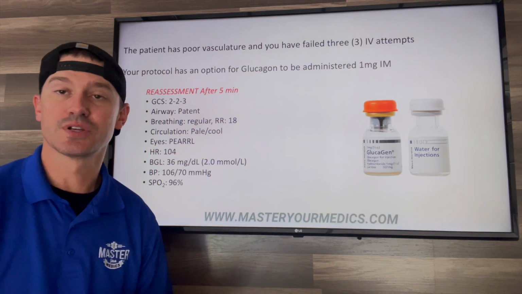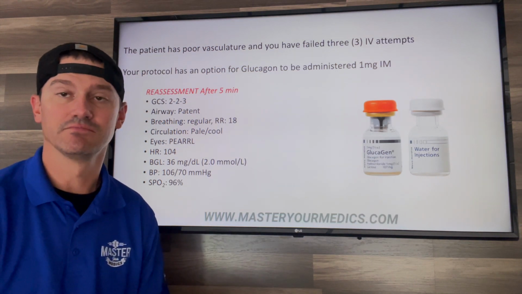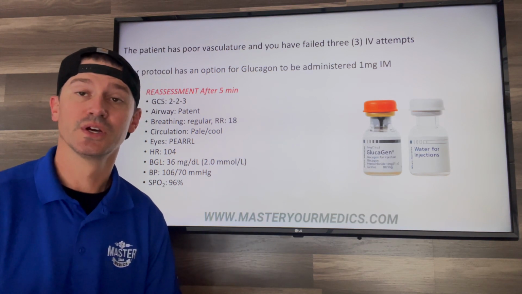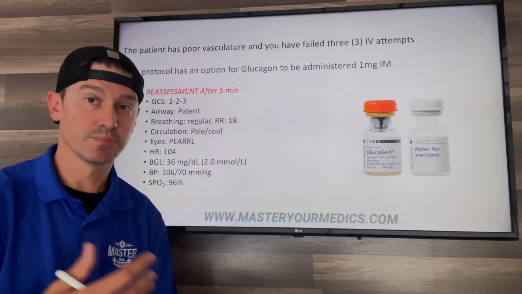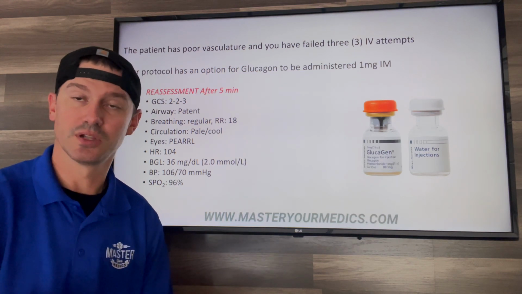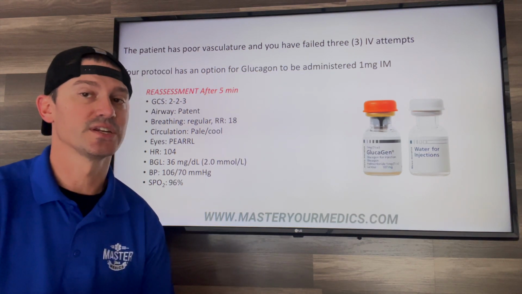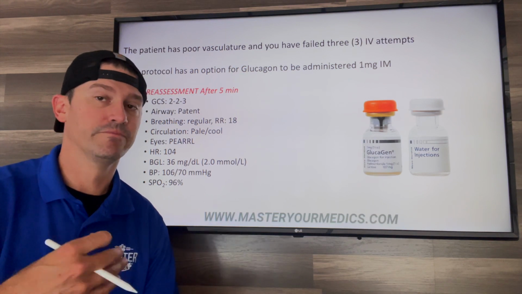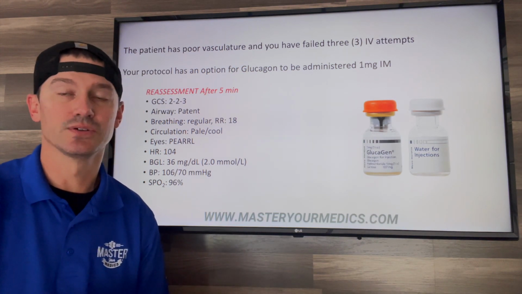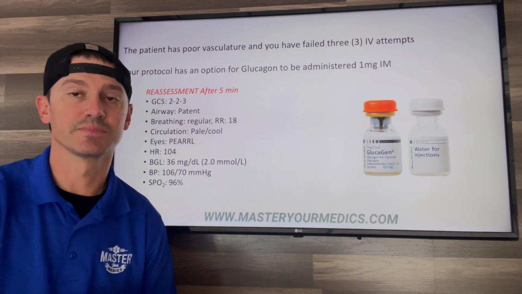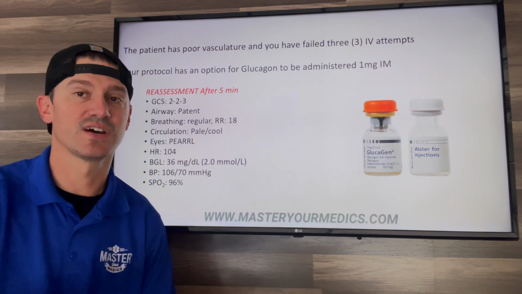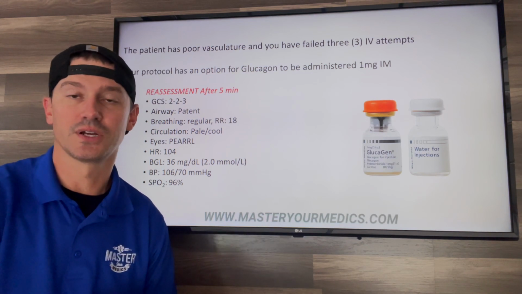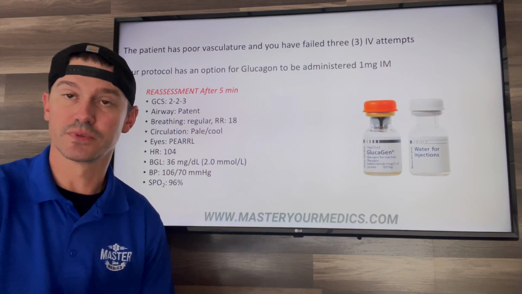Okay, so in the initial treatment plan, we're going to be thinking about giving dextrose to raise the blood sugar because simply they are hypoglycemic, so we're going to supplement some simple glucose into the body to try to raise that blood sugar. However, this patient has a complication. Due to her very petite build and malnourishment, you're having a very difficult time getting IV access. So after several IV attempt fails, you resort to the optional process in your protocol for intramuscular glucagon.